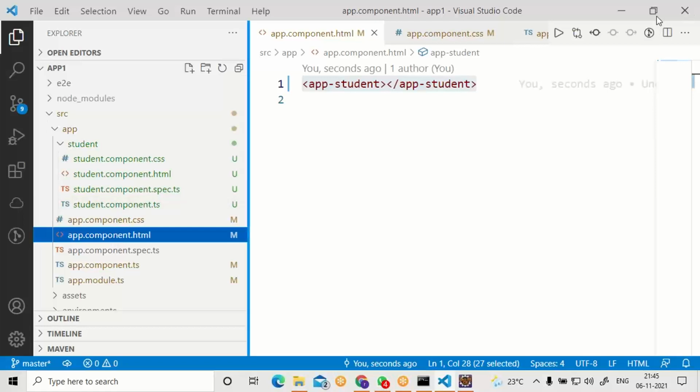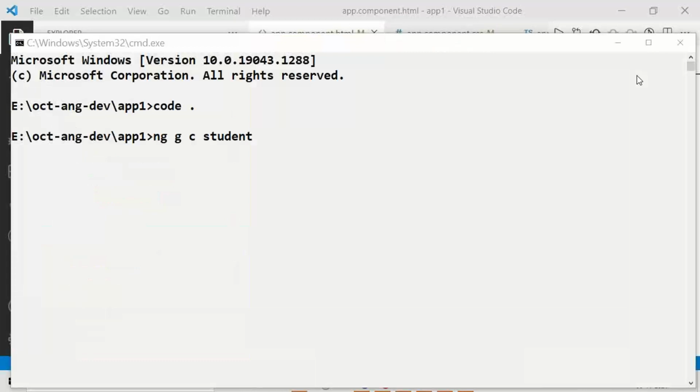How did we create the student component? This is the simple command to create a student component.